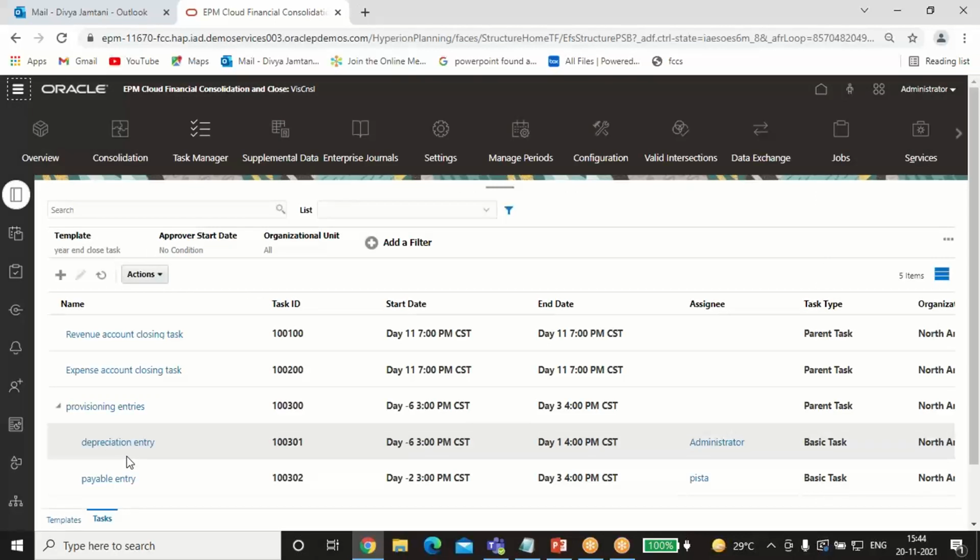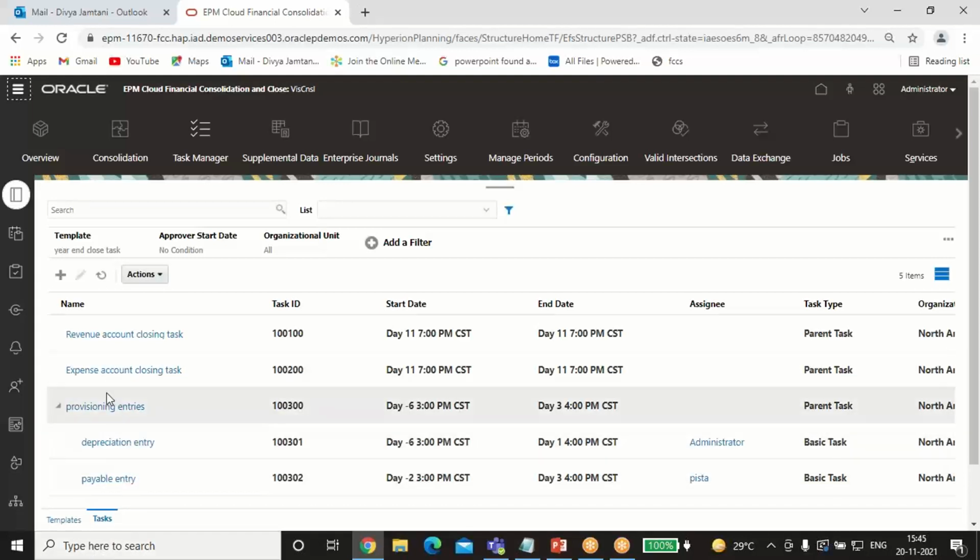History here, system retains a history of the changes made to it, the user who made the change, and the date on which the change was made. Okay, so information on this tab is read only.